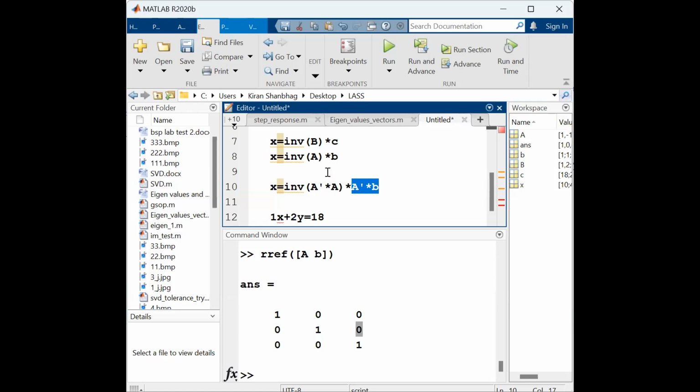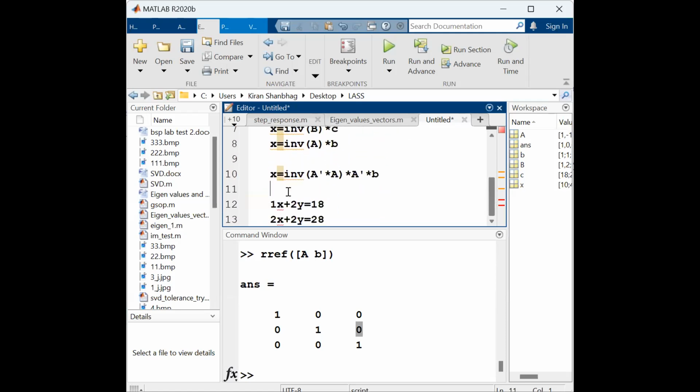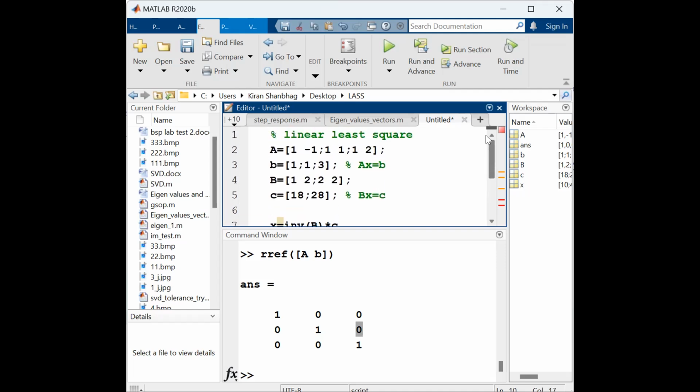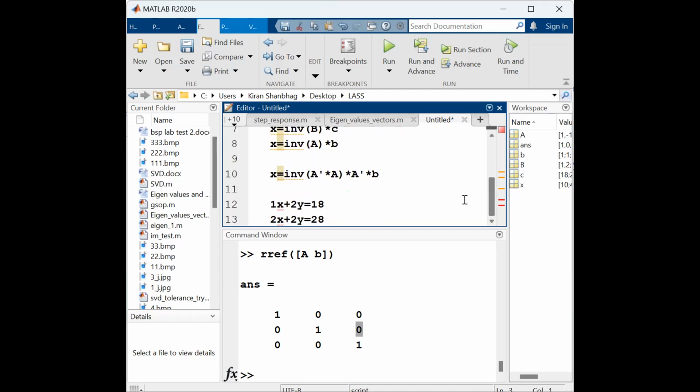This method can also be used. Now see here the problem at hand. This matrix is different, by the way. This is some 1, minus 1, 1, 1 and 1, 2, some matrix with some b. If at all I use this particular formula,